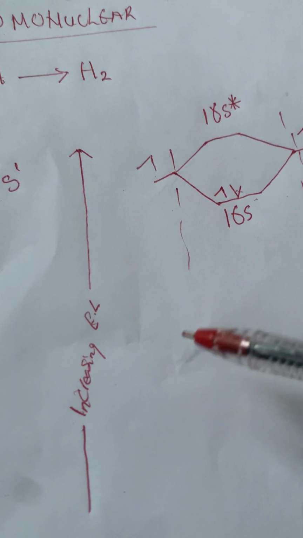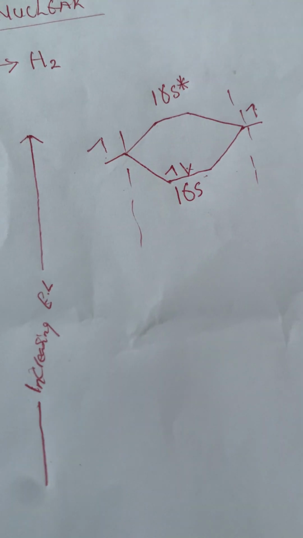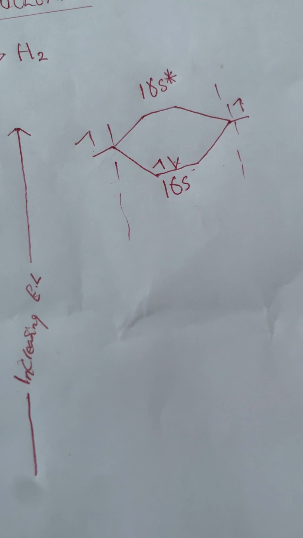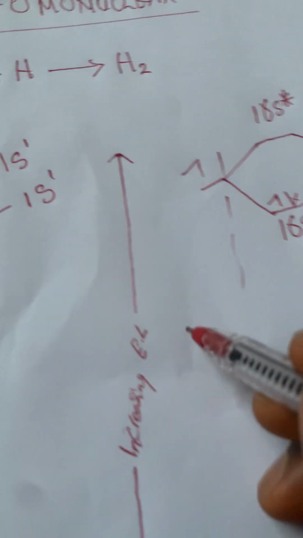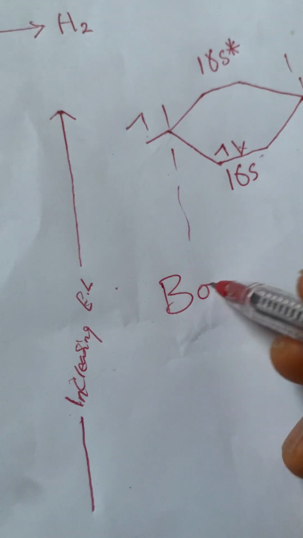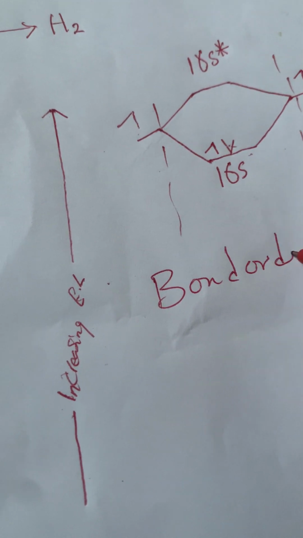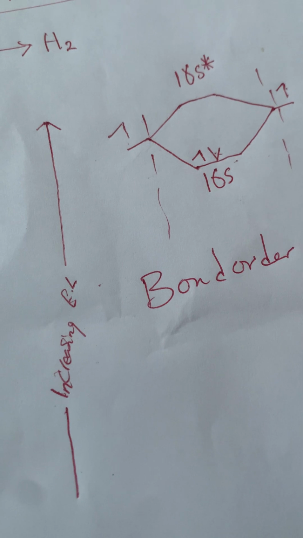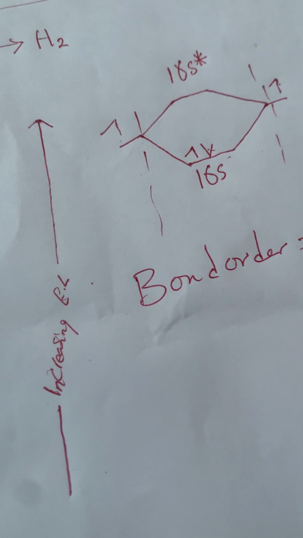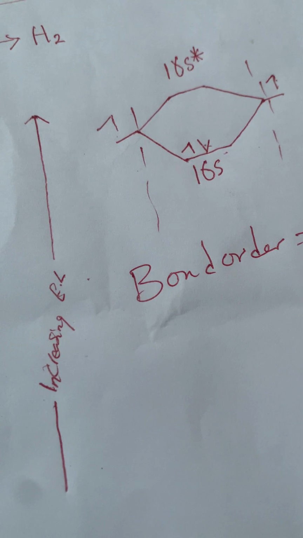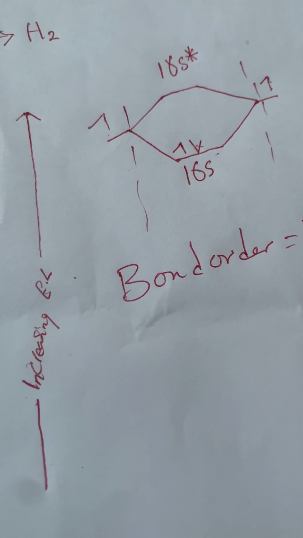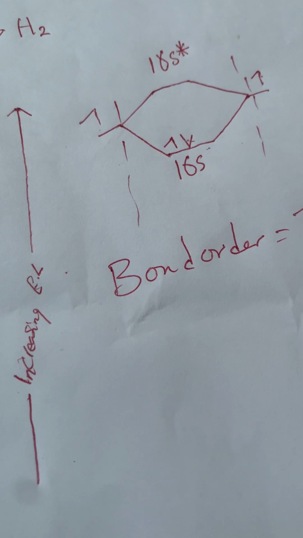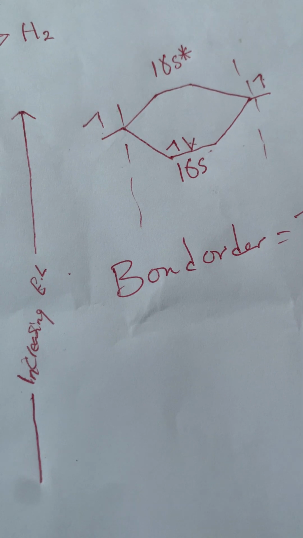So now the question is: does this molecule exist or not? That is, is it stable or not stable? If you want to know whether a molecule is stable or not, you have to calculate what we call the bond order. Bond order has a formula which is very simple to know. Bond order is equal to total electrons in the bonding orbital minus the total electrons in the anti-bonding orbital, divided by